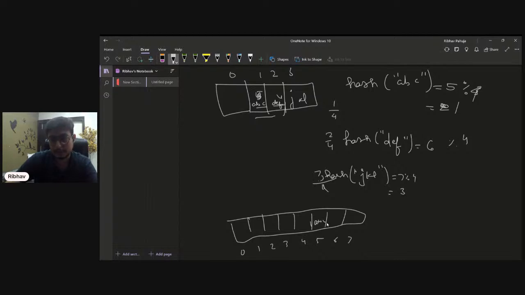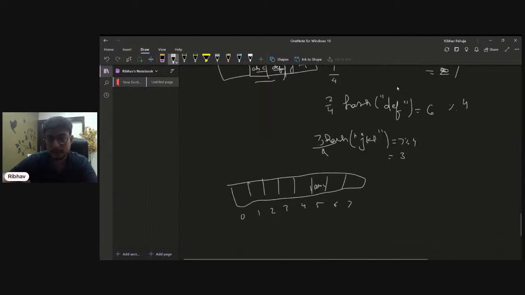Then DEF was 6, and 6 mod 8 becomes 6 again, so we place DEF here itself. Then 7 mod 8, where 8 is the size of the array, so JKL will be placed here.